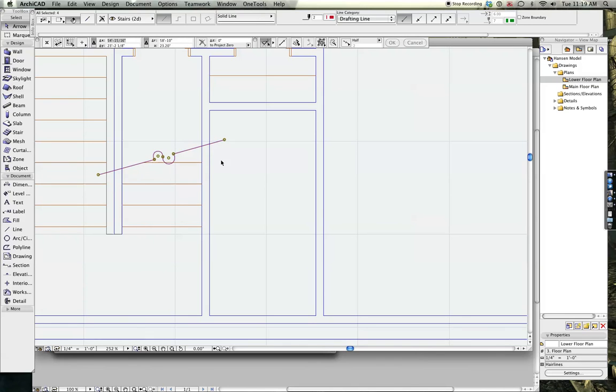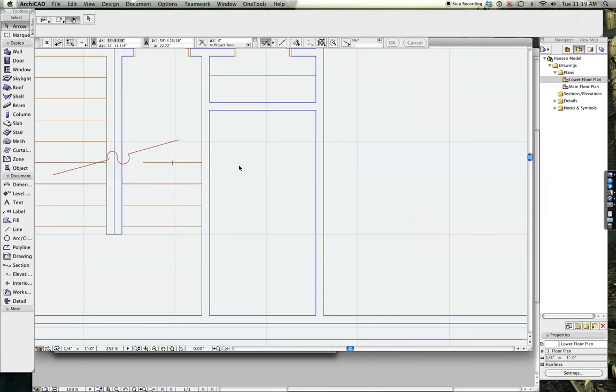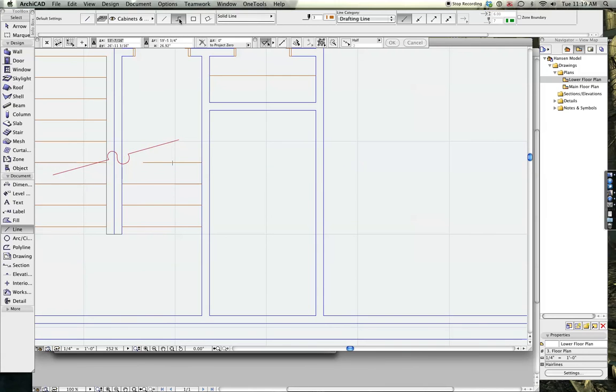So what we're going to do is make sure it's all grouped. We're going to move it over, just move it out of the way a known point, so probably 2 feet will get it out of the way. Now if we go back to the line tool, we can actually space click that thing in there, and it'll be really easy. So type the E key, and you'll notice that it automatically brought up your last settings, and by doing that, you can just space click in again, type 1,